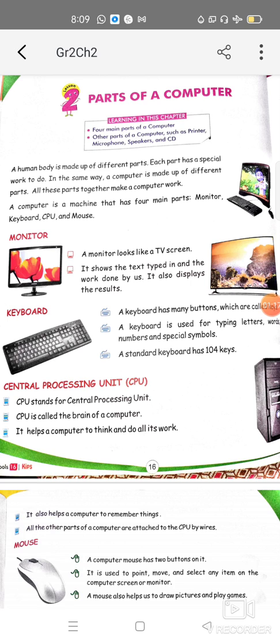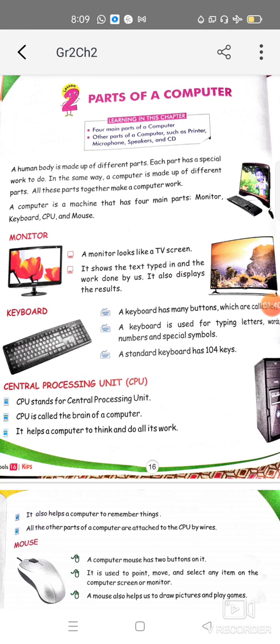Each part has its own function, its own work, right? Similarly, a computer is also made up of some parts, and each part has its own work. All these parts combine together and make a complete computer system which we use for doing different things.